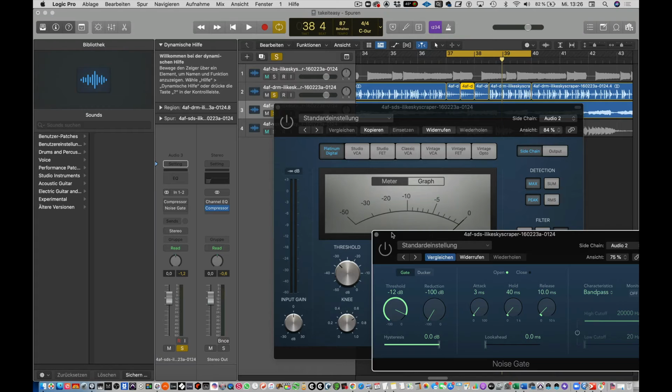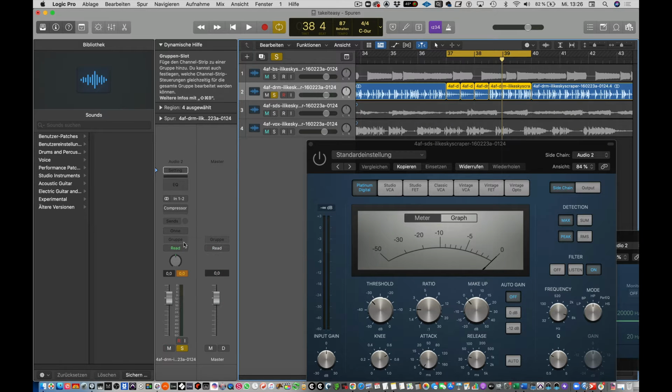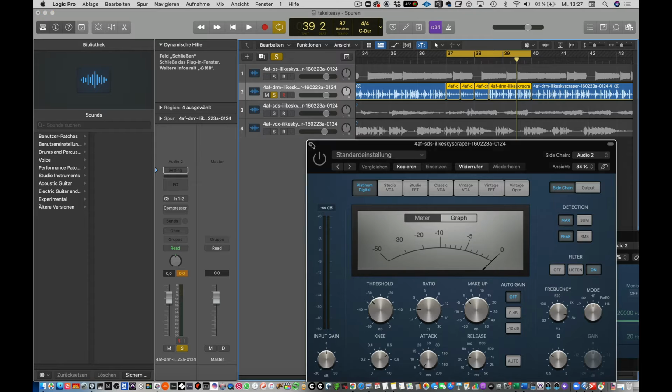In this video we take a different look at compressor and gate. This time I'm using a drum loop, and this drum loop is not routed into any stereo out. So I've cut it a bit so that here I only have a simple bass drum, and then here the beat starts again. I remove this from my output, and now